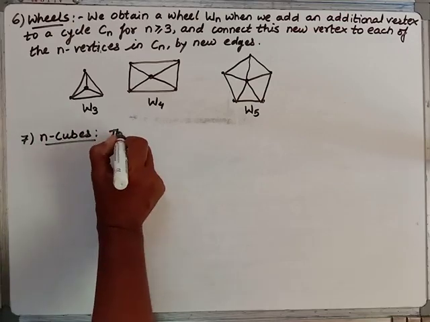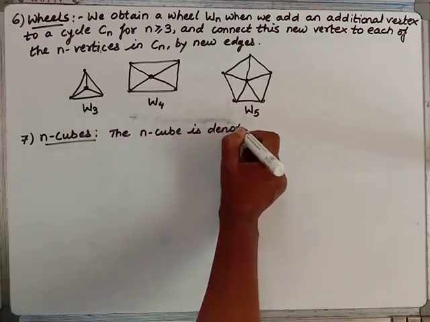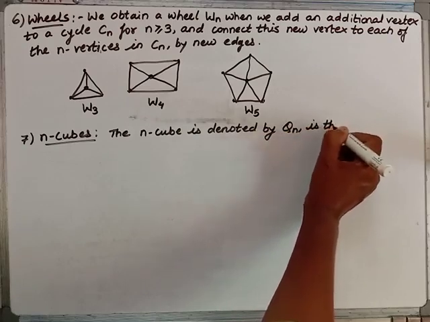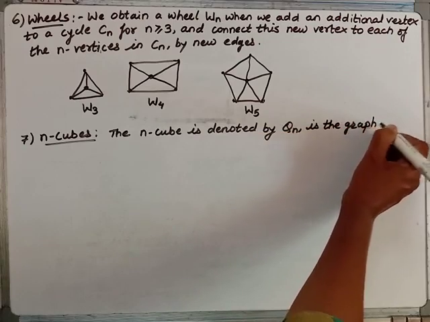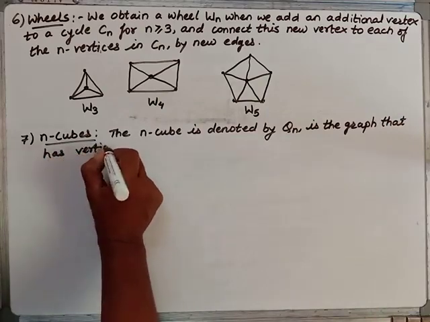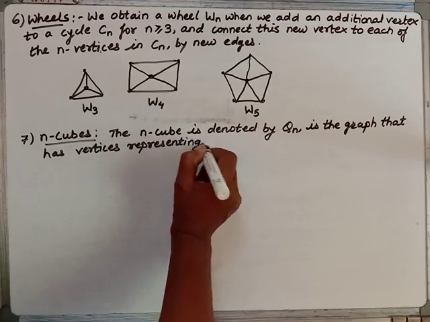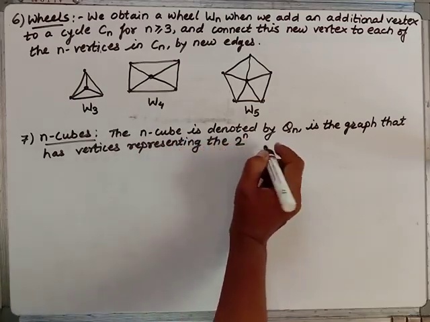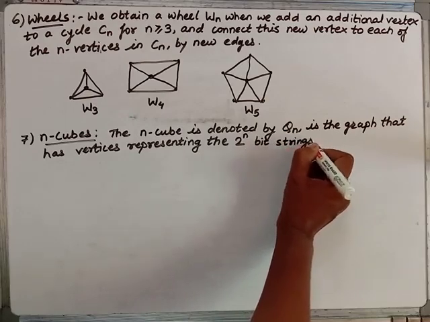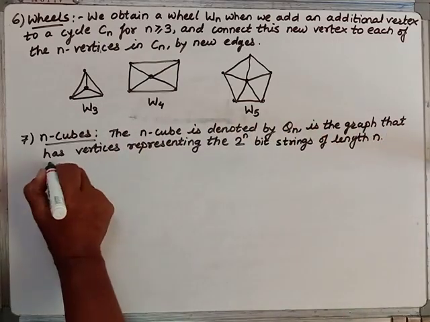N cubes. The n cube is denoted by Qn. It is the graph that has vertices representing the 2^n bit strings of length n. Two vertices are adjacent